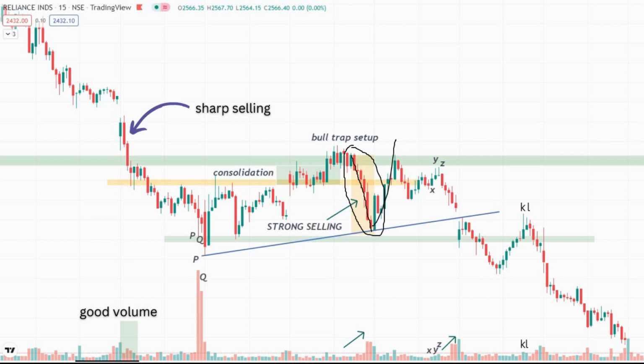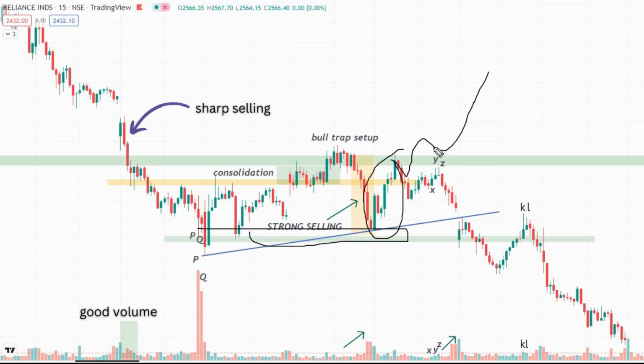Again, buyers tried. This was the last attempt by the buyers. With increase in volume, if these bulls were very strong, then they should have broken this level and continued the upward momentum. But what is happening? Even after strong buying from these levels, prices are not able to break through this important resistance zone and continue the upward momentum. Okay, and eventually when prices gapped down at this support zone, buyers tried their level best,